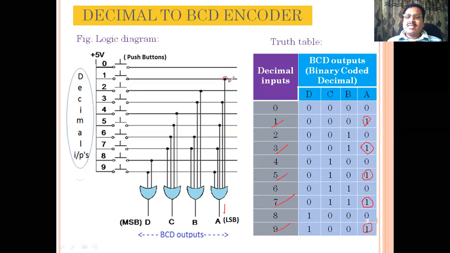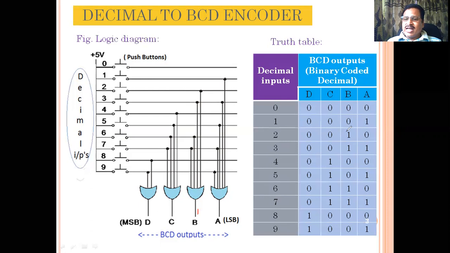The dot represents the junction on the line: decimal 1 input, then decimal 3 input, then decimal 5 input, then decimal 7 input, and finally decimal 9. All these are connected to the input of the OR gate whose output is A. Similarly, we can have the connection for the second OR gate whose output B you want to be 1. This output B will be 1 as shown in the column B in the truth table.